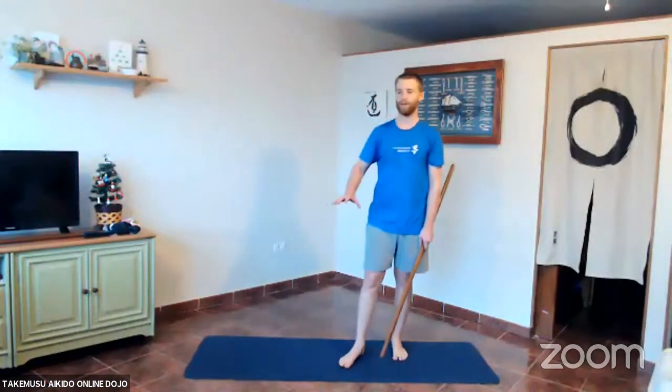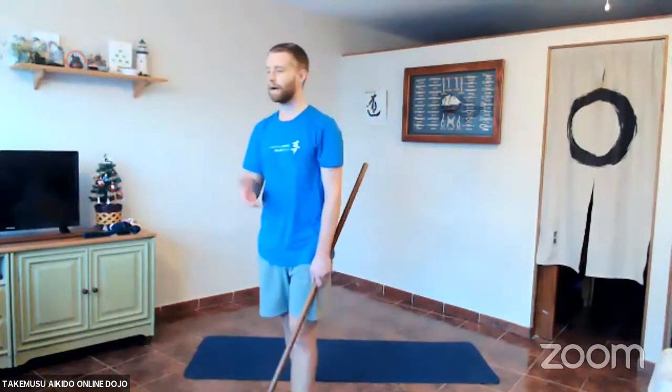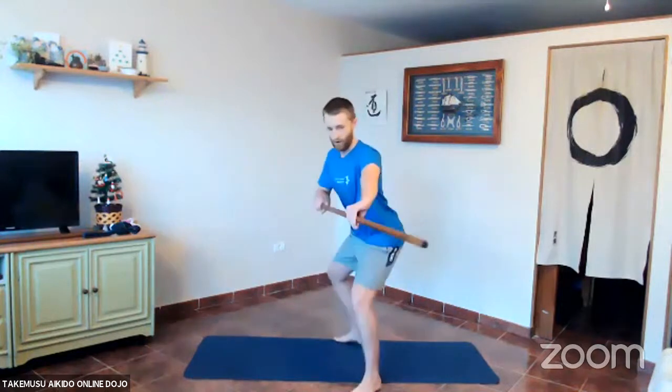Great. Okay, good. So we'll try just the whole form. We'll try a few together, so just follow my count. We'll probably do about 3 counts fully, and we'll do them nice and slow, with really full concentration. Again, really working on this kind of stillness to motion. So really find the middle of each posture. So it goes from here, 1, 2, 3,